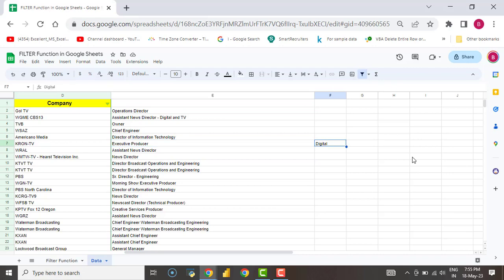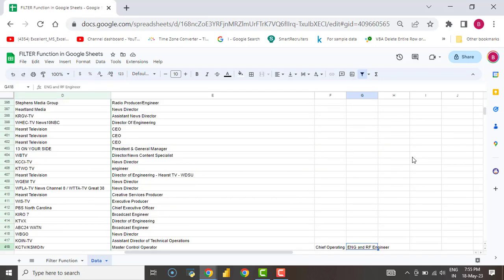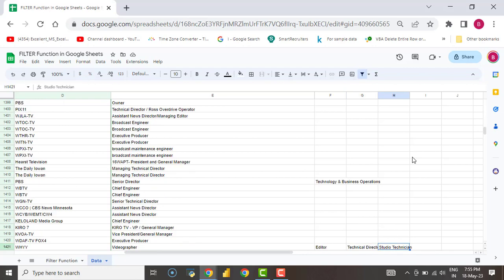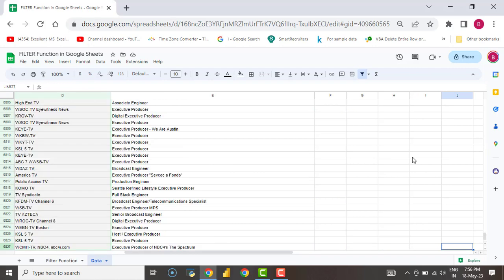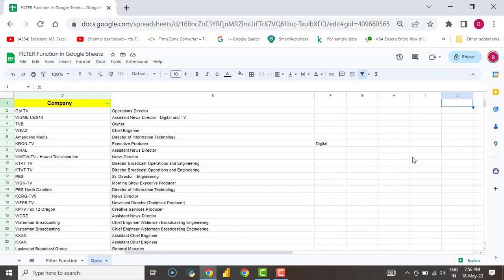So I can see I have got for some rows 2 values, and for some rows even 3 values, and I have to check, I have got 4 values as well for some rows, and 5 values also. So I can see that I have got up to 5 unique values for rows. So what I have to do, I have to name all these columns. So I can write here designation